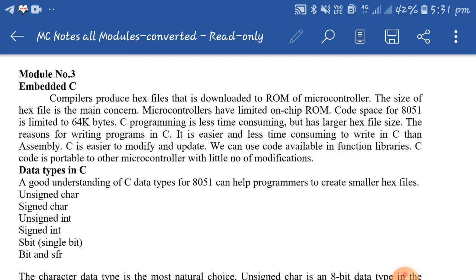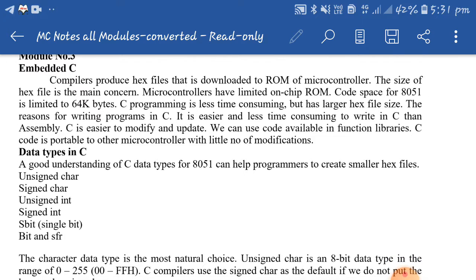In the introduction part I have given all these things, and I have also written what the disadvantage of writing the program in embedded C is. The hex file generated by C programming is always larger compared to assembly level language programming. That's the only disadvantage of embedded C. Other than that, you have more advantages.